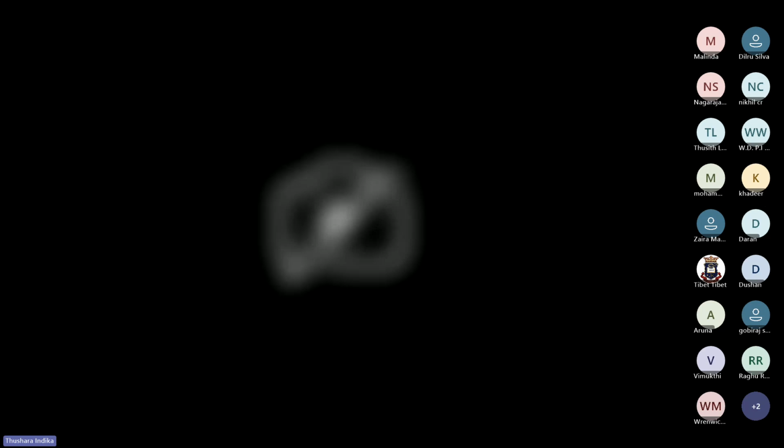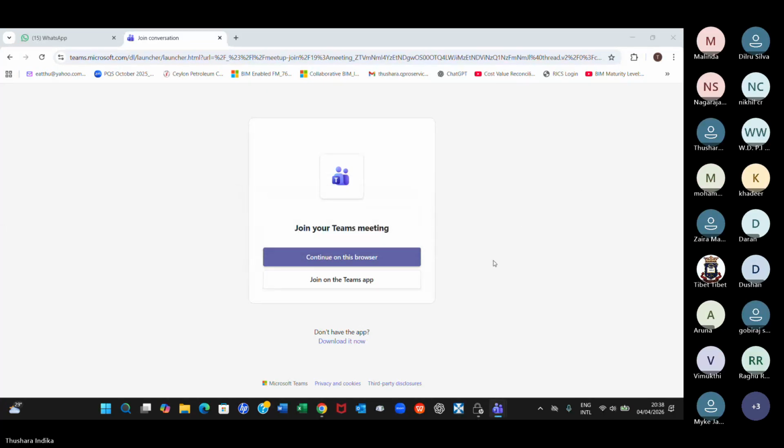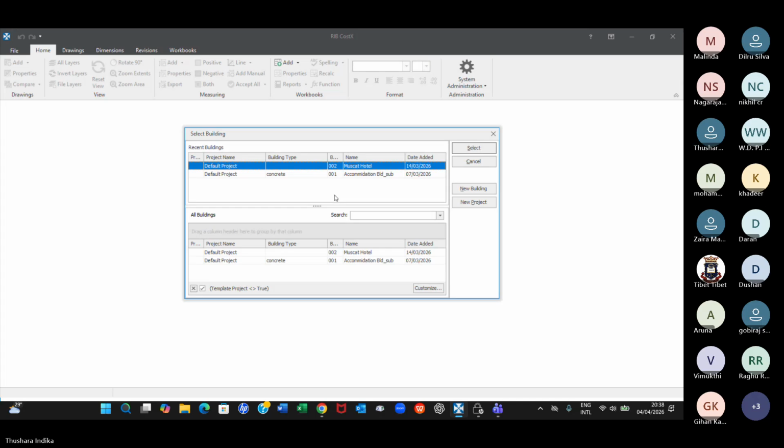I'll open CostX. Okay, let me share the screen first. Right, and I will open CostX now. We measured the foundations, if you can remember, and then the tie beam. So we were in this project, Muscat Hotel,